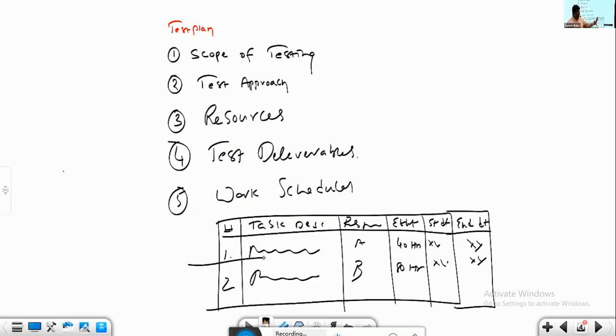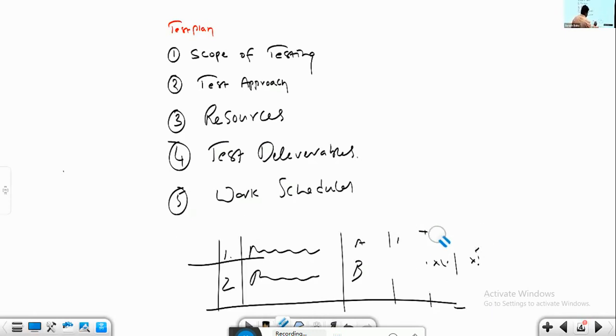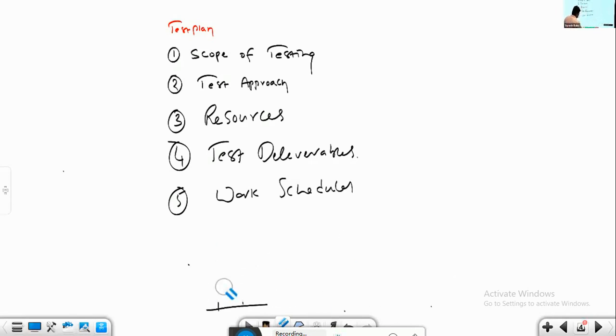Again, the day-to-day work will be allotted to you via emails, via meetings by your team lead. And there will be a column called work schedules. It explains totally what are the major task items, who is responsible, how many hours is estimated to complete the task, when to start, by what time the task needs to be finished. These are the major contents of any real-time test plan document. In addition to this, project introduction, what are the documents to be referred, all the optional columns, any real-time test plan document must explain